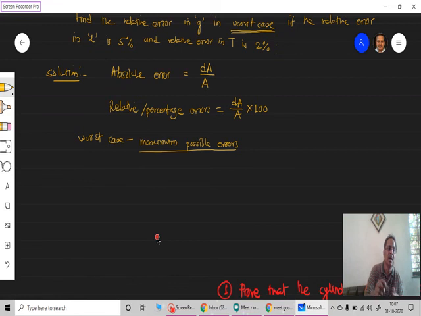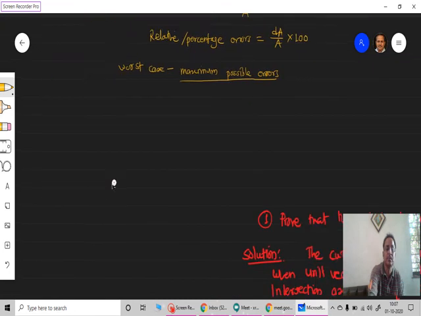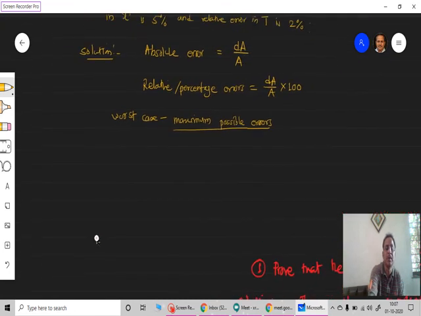Even if a quantity is in the denominator, while finding the error, even if it is negative, we do not subtract the two quantities. All quantities are to be added together when these two words appear, either worst case or maximum possible errors. So here we have been asked the worst case, so accordingly we have to make certain changes there. Okay, I'll go for this problem here.